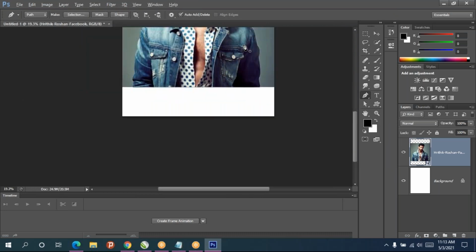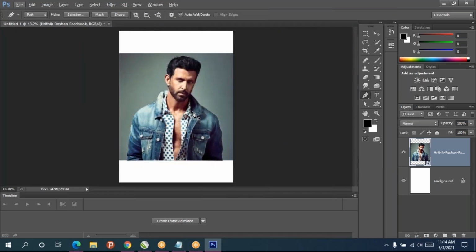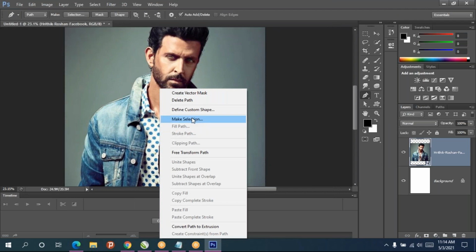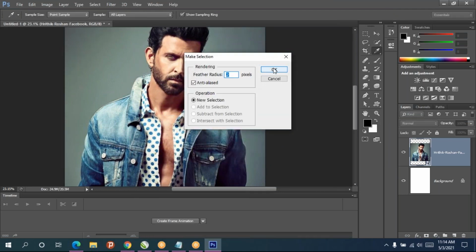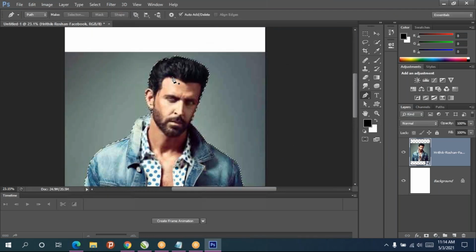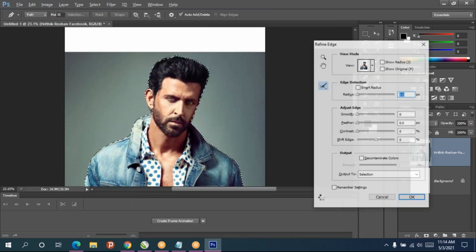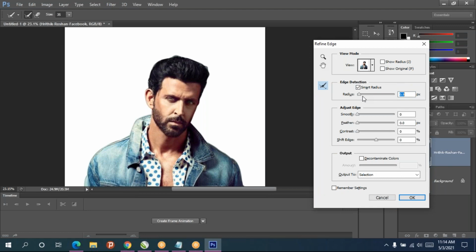Close the path where you started, there you close it. Then right click, make selection, give feather around 2, and give OK. Then go for Refine Edge, Alt Control R, enable Smart Radius, and click on this place.